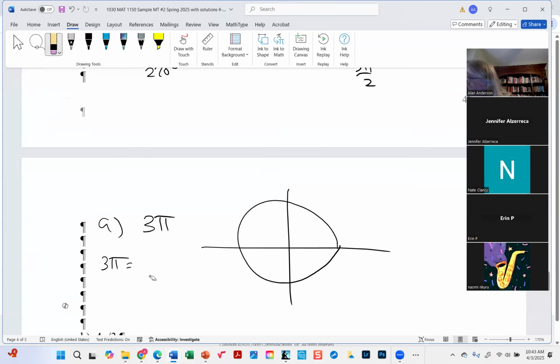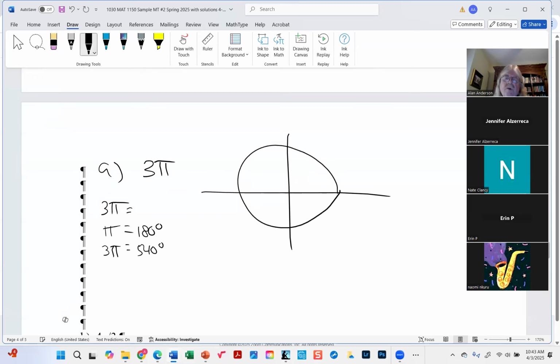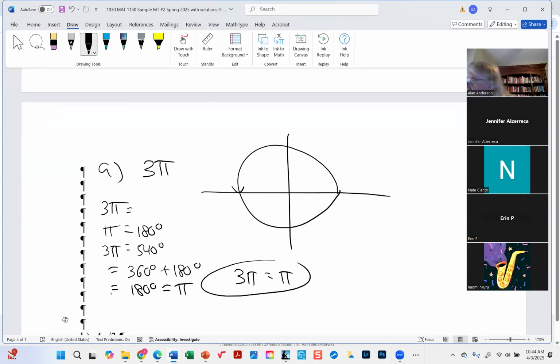So pi, let's do it this way. Three pi is actually 540 degrees. So if we're dealing with degrees, we know that means we've gone around this entire circle once, and then we've gone beyond that all the way into the horizontal axis on the other side. So in terms of radians, 3 pi and pi mean the same thing. Okay. So therefore,